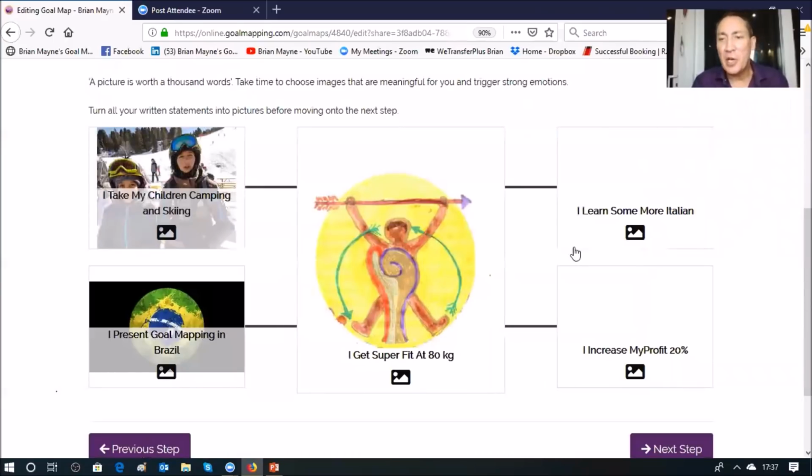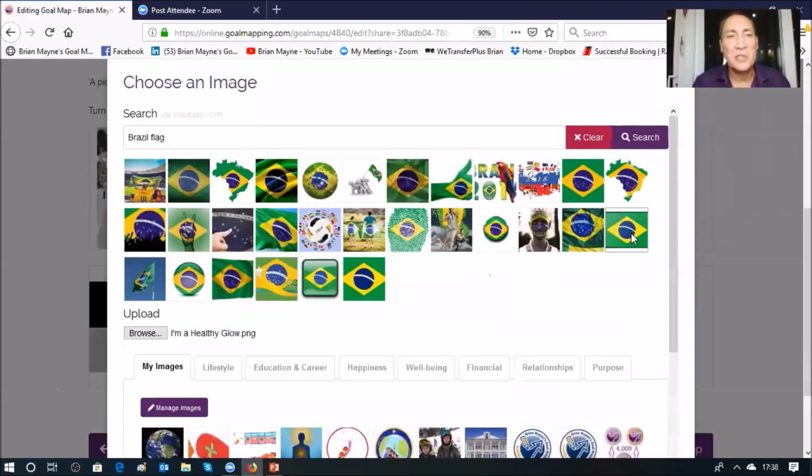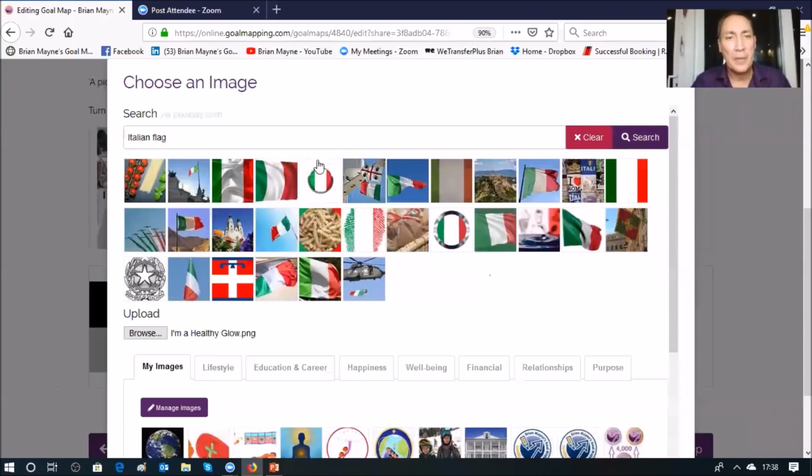For those of you that are not familiar with the system, this is Pixabay, which is a free public website. It's linked directly to the goal mapping online system. So you can put in anything you want and search it, and it will bring up images, Italian flag, and that will then go straight into your map,